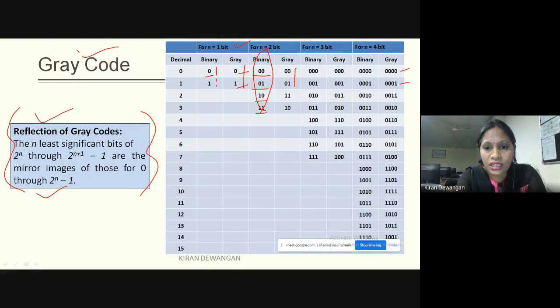Now just looking into this part of your gray code, that is your first bit, the LSB of the gray code. This is 0, this is 1. Now coming down to the next two numbers, it will be 1 and 0.